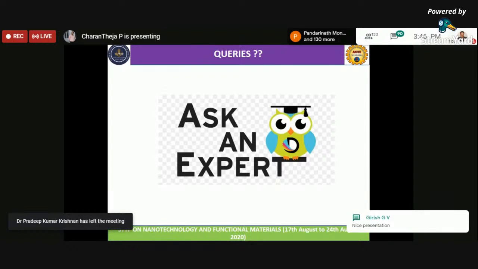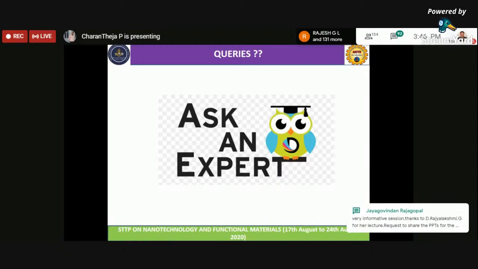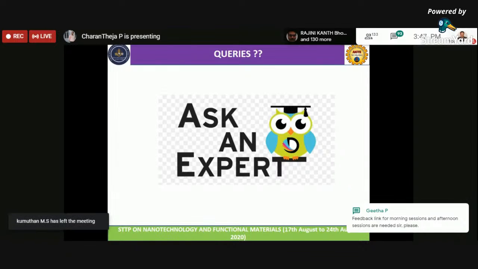My query is, can you please throw some light on methods which can be done with simple equipment? People presented complicated techniques which require huge equipment, like CVD and PVD. You can go for very simple methods like ball burnishing or the rolling process. To reduce particle size, you can go for the ball burnishing process. Another one is the rolling process, which will change the structure.